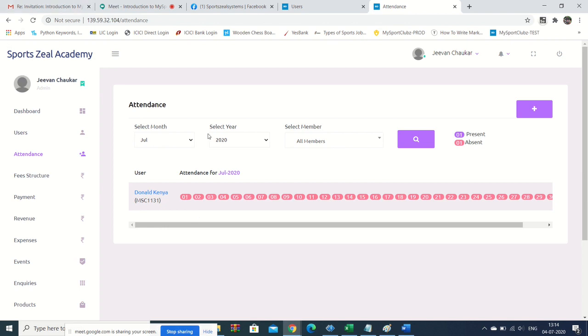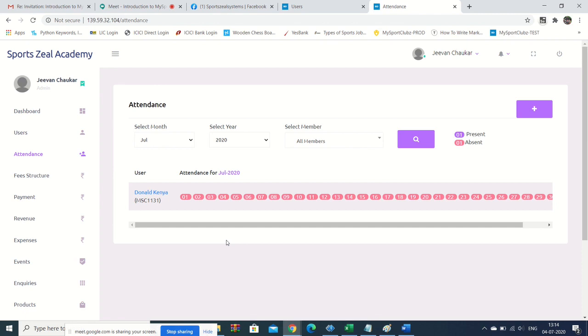The Android app will have similar functionality to what you see here, and any club can use the same app. In that app you have functionality to scan the QR code. So you can create QR codes for each of your members. Each member will have a unique QR code, and that unique QR code can be scanned using the app by any person in your staff or yourself. Scanning a QR code is straightforward, and it will automatically mark the attendance of that person for that day.